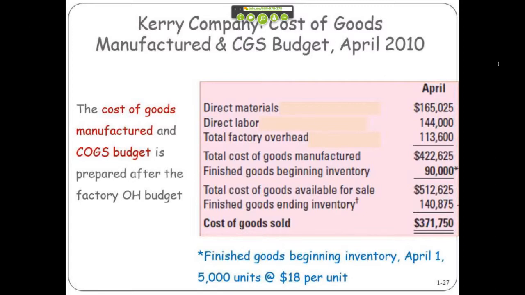You can now start to put together an income statement by period. Pro forma, meaning looking forward. You have your direct materials and your direct labor for April, your factory overhead, both variable and fixed. You have your cost of goods manufactured plus your beginning inventory, and then minus your ending inventory, and this will be your cost of goods sold. So this is just taking the numbers you've created in your budgets and starting to produce